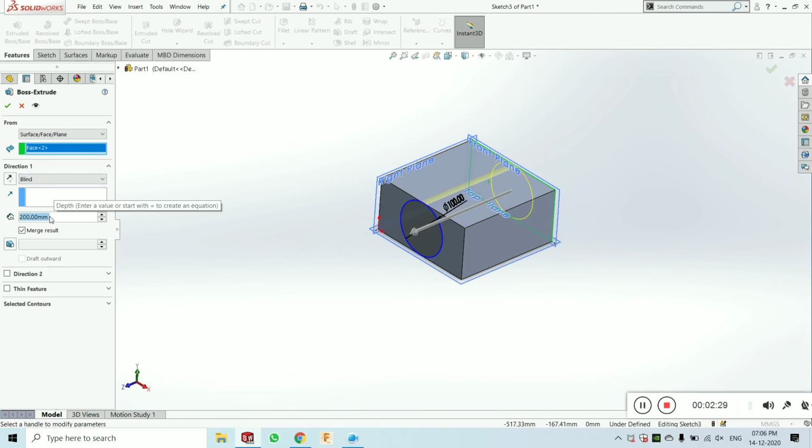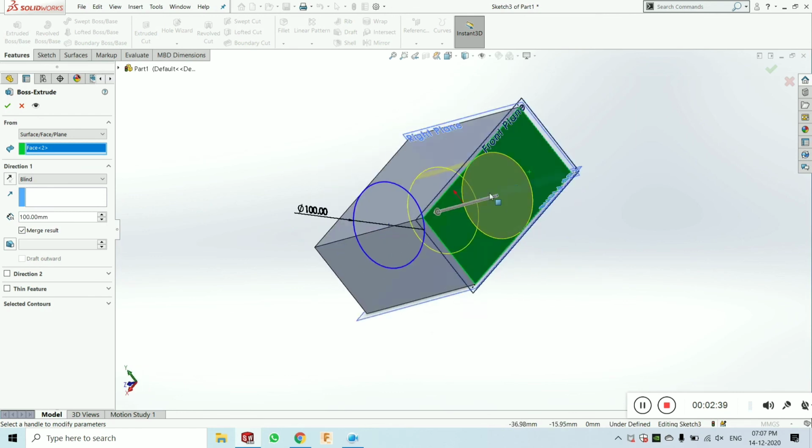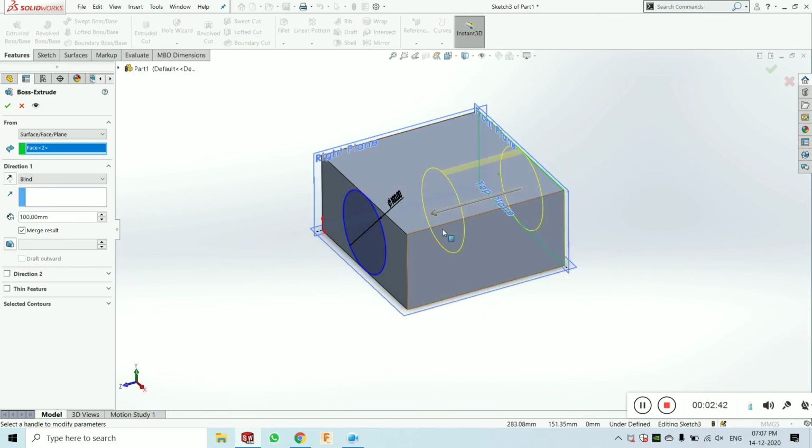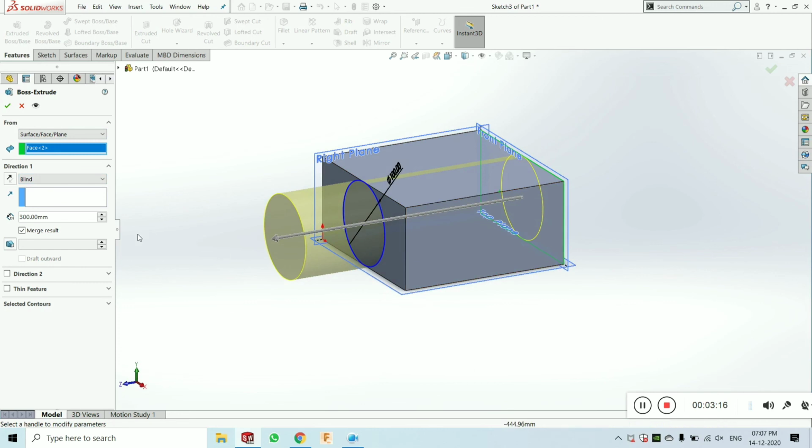Now I am taking an extrude of 100 mm. The extrude of 100 mm means from this face in this direction, that is the Z direction. The sketch will extrude in this direction. If we want to extrude this sketch 100 mm in this direction, I have to select it, go to dimension and take this dimension of 200 plus 100 mm. So you can see the extrude is up to 100. Because we have selected the surface, face, or plane for From, the distance from this to this is about 300.